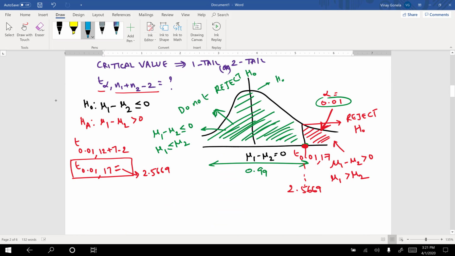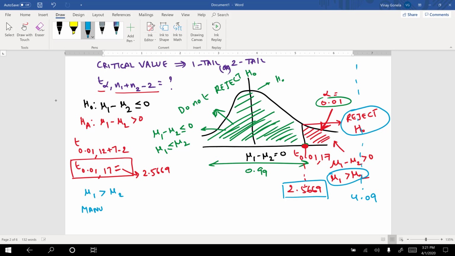Does it lie to the left of 2.5669 or to the right? 4.09 would obviously be to the right in a number line of 2.5669. So it falls under the reject H null region. So mu1 is greater than mu2. So when I say mu1 is greater than mu2, that means manufacturer's coverage, manufacturer's range